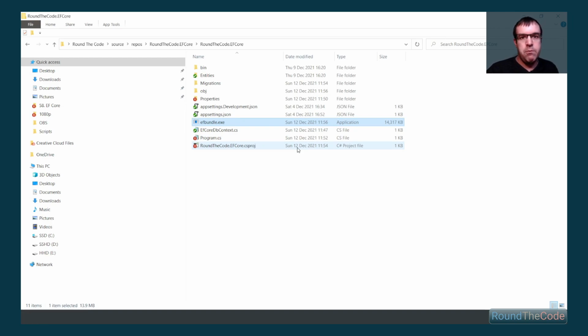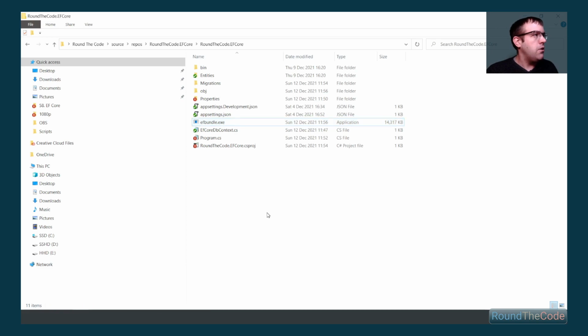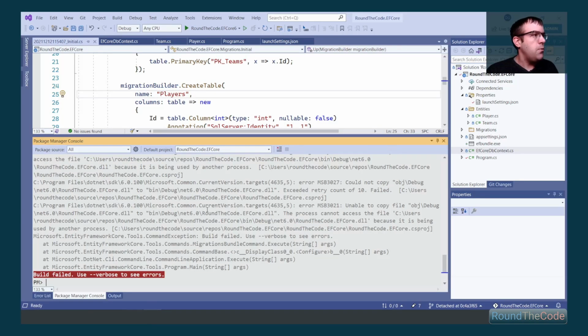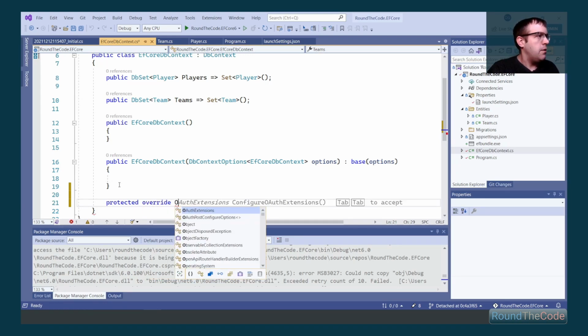Now temporal tables allows you to keep a full history of data, logging data within a SQL Server table. It was introduced in SQL Server 2016, and with EF Core 6 it's now included support for that. So the way we can do that is if we come out of here and we go into our DB context, what we can do here is we can go ahead and override the OnModelCreating method,